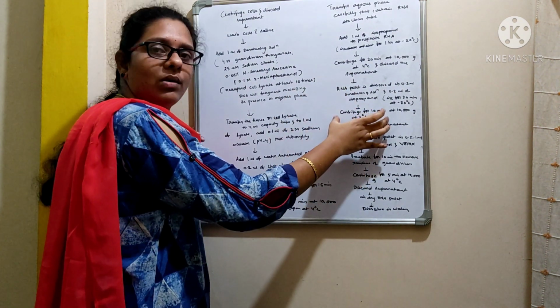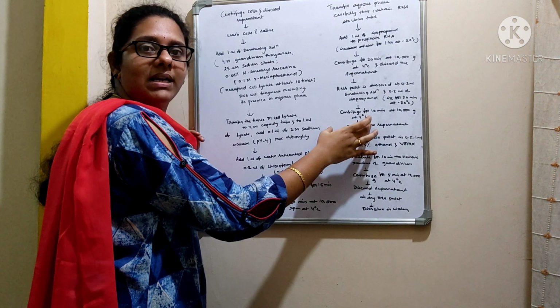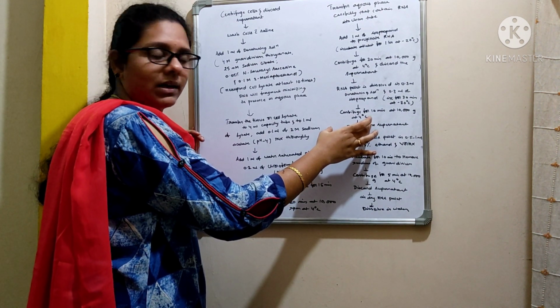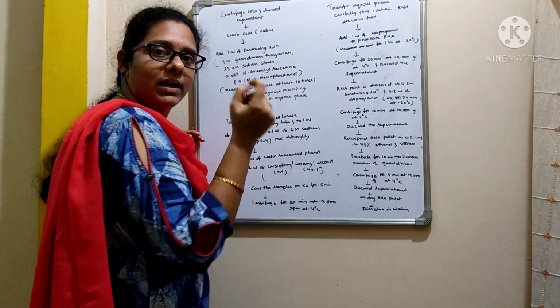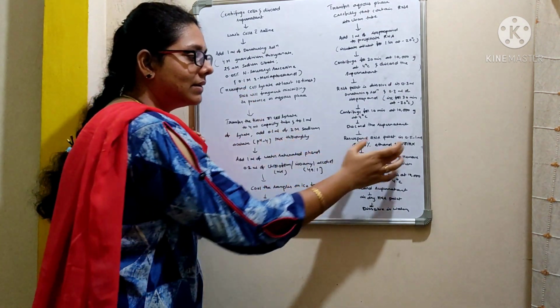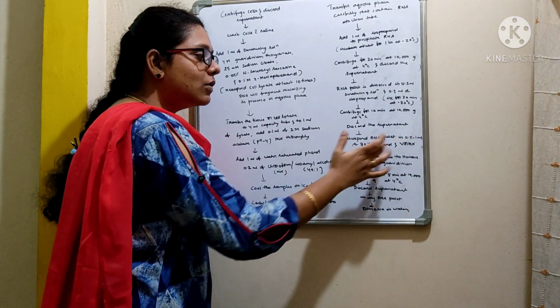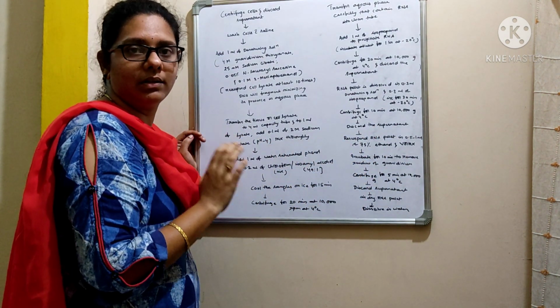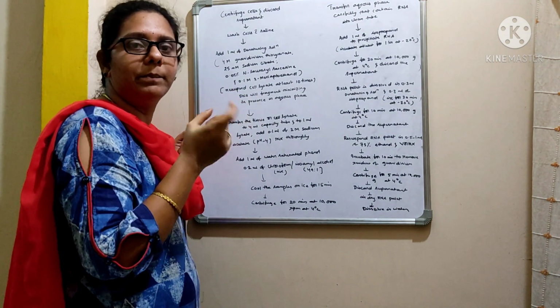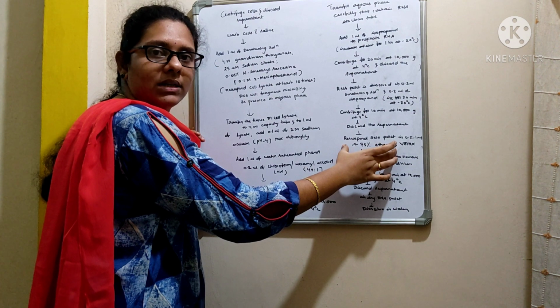For that reason again you have to centrifuge the solution for 10 minutes at 10,000 G maintained at a temperature of 4 degrees centigrade. Then again you will get an RNA pellet. You have to discard the supernatant, and that RNA pellet is to be resuspended in 0.5 to 1 ml of 75% ethanol, and then you have to mix well. Make sure your pellet is dissolved in this 75% ethanol.